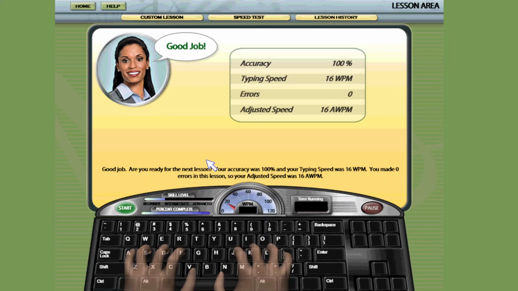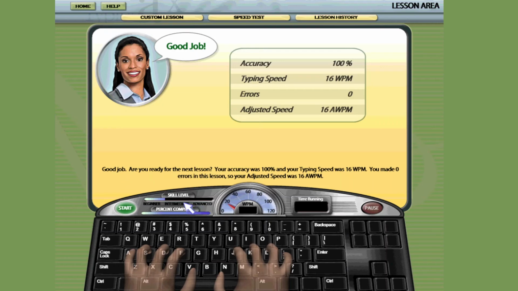So we have our accuracy 100%, typing speed 16 words per minute. We have 0 errors, adjusted speed 16 average words per minute. Now, when you look on the Mavis Beacon screen, you can see the skill level. This is the beginner level, this is the intermediate level, and this is the advanced level.